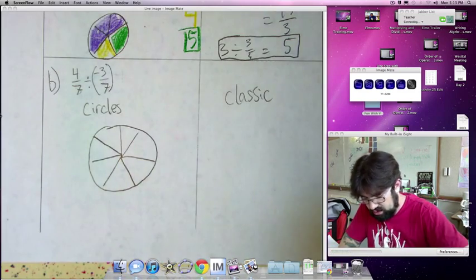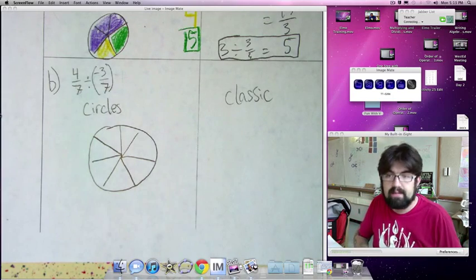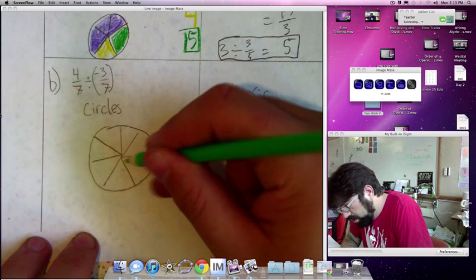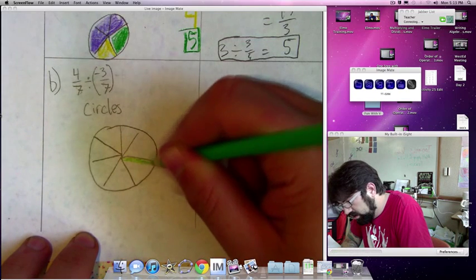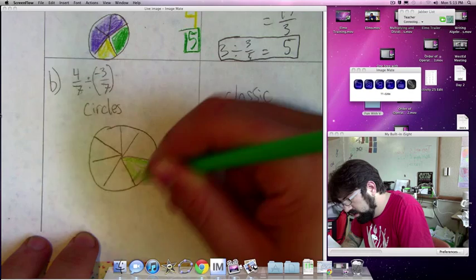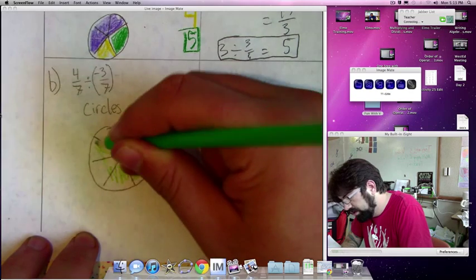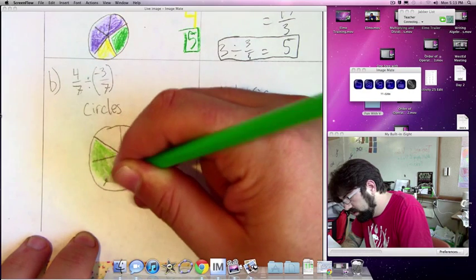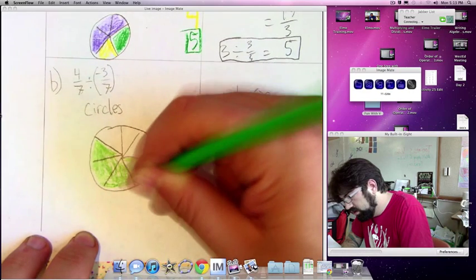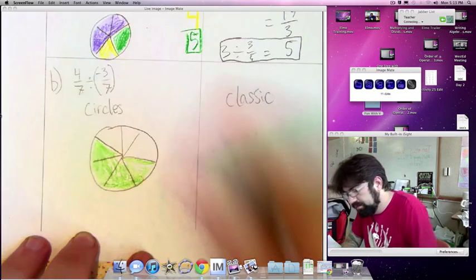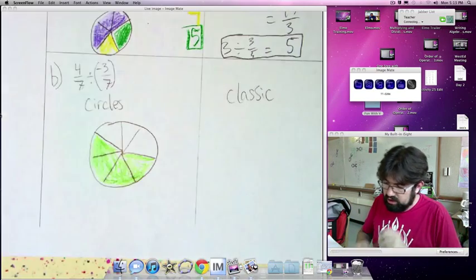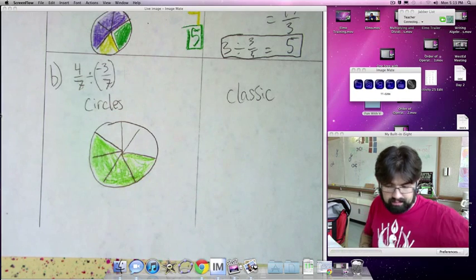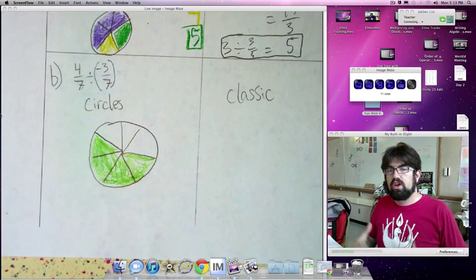And, well, I'm going to take my light green, and I have 4 7s right now. 1, 2, 3, 4. So I'm looking at this, and I'm going to take my light blue, and I want to know how many